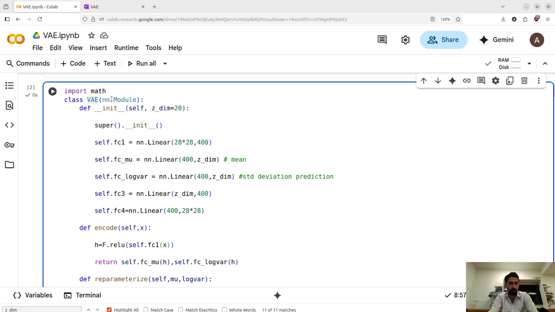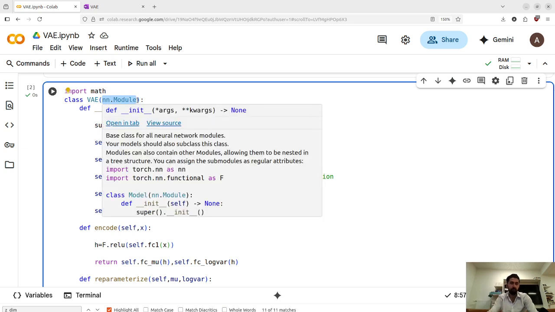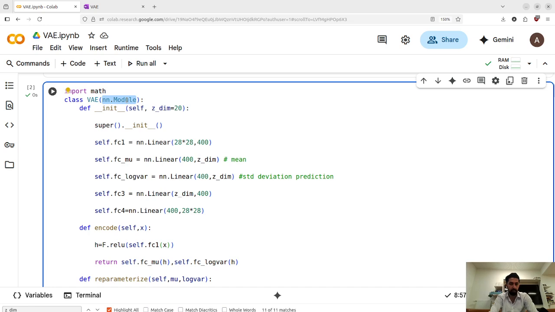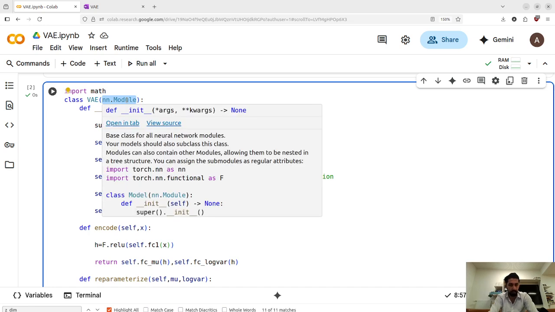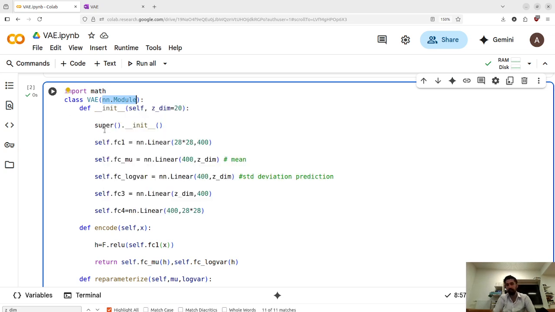Now the variational autoencoder inherits from the base class nn.Module, and as you can see here, it's a base class for all neural network modules. So if you want to make a neural network, you have to inherit from it. We first call our base class initialization function. Then